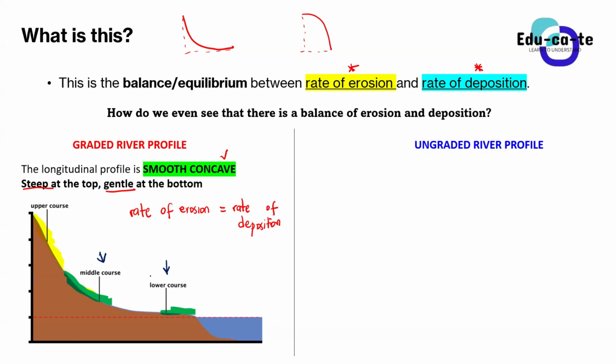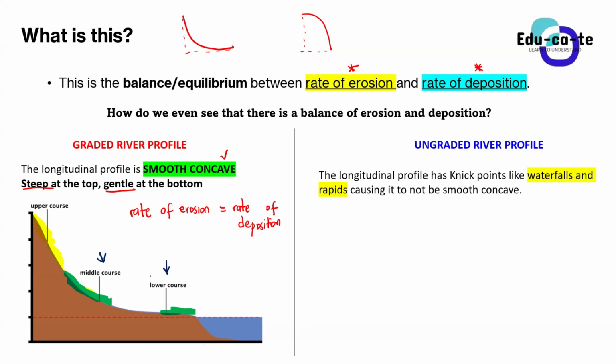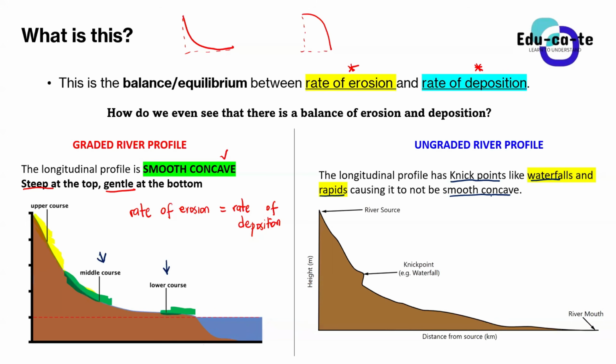And then now you'll be asking yourself, when we now say it is an ungraded river profile, how does it actually look like and how does it deviate from this? Okay. So if we say that the longitudinal profile of a river is ungraded, it simply means that this profile has got nick points like waterfalls as well as rapids that actually cause it not to be so smooth. So basically an ungraded river profile, you were going to see it in this way. It is not going to be a smooth concave slope like the graded one, because the graded one is the one that I showed you at first here.